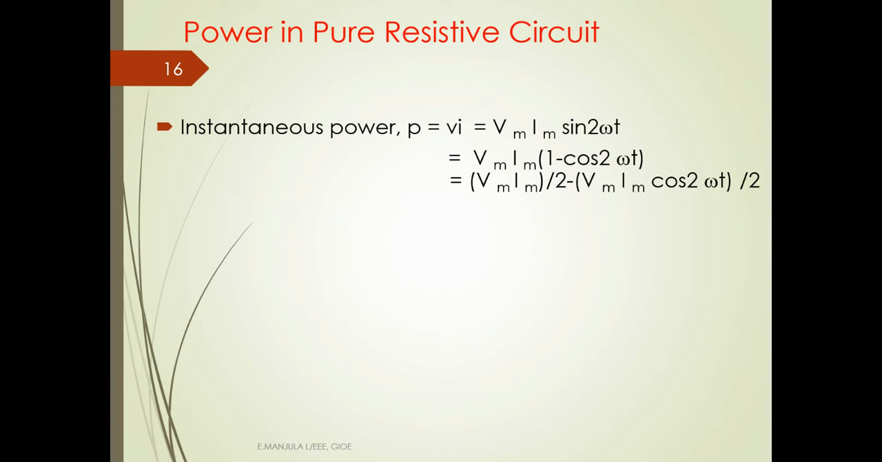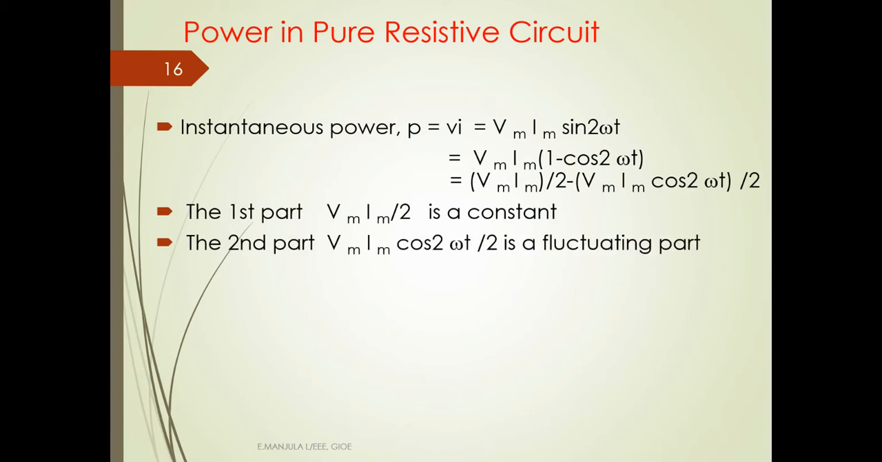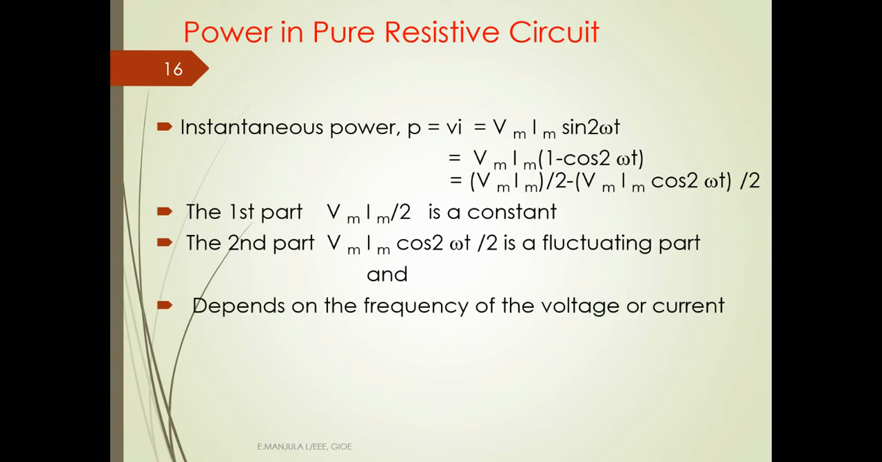So here P is equal to V into I, which is equal to V maximum I maximum sine square omega t. When we do V maximum I maximum into 1 minus cos 2 omega t by 2, it equals V maximum I maximum by 2 minus V maximum I maximum cos 2 omega t by 2. Here the first part is constant and the second part, V maximum I maximum cos 2 omega t by 2, is the fluctuating part and depends on the frequency of the